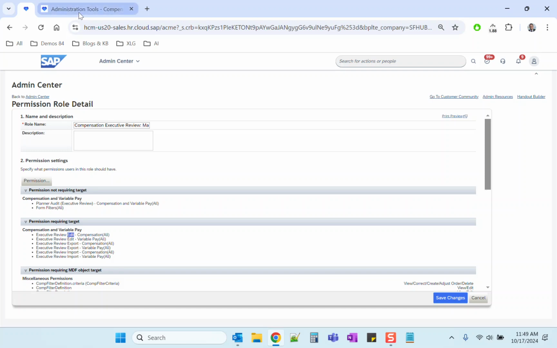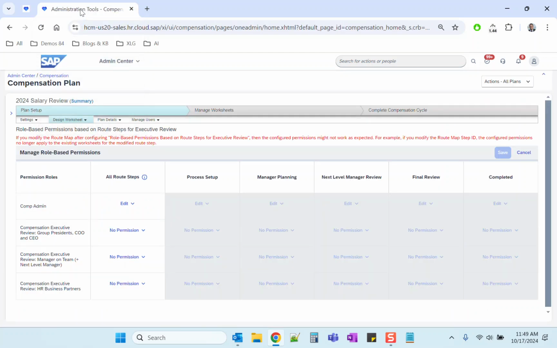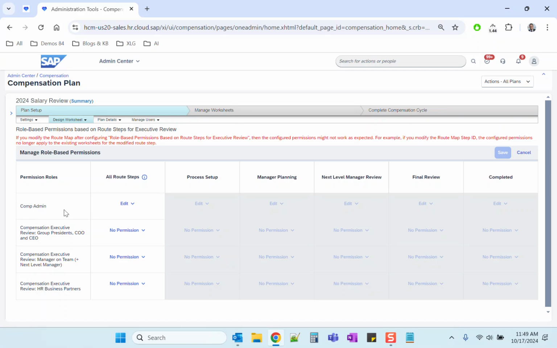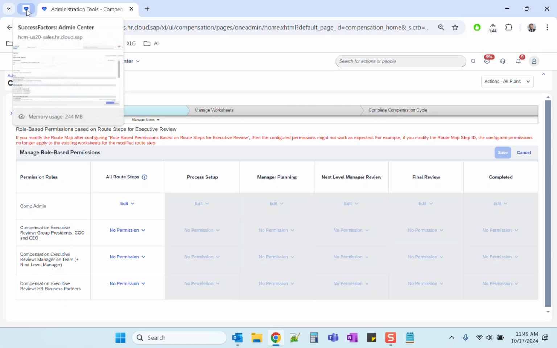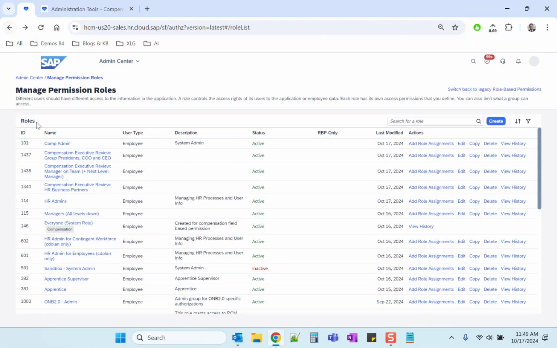And so now, instead of having to have administrators do it on behalf of comp admin, security administrator, we can control it ourselves as comp administrator. All we need to have are roles that are clearly defined in role-based permission. And so I've always advised that